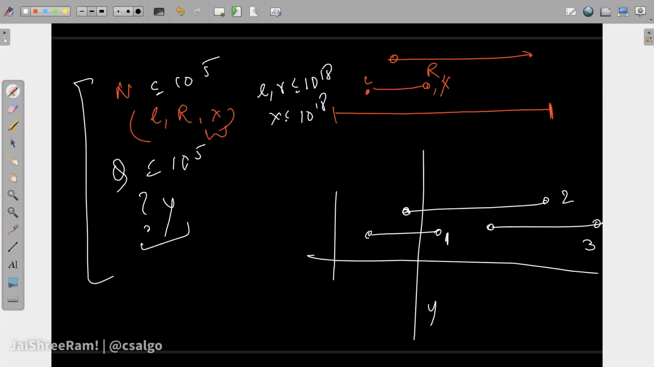X is the value of the segment. So every segment has some value, right? This segment has value 1. This segment has value 2. So this segment can have value 9. This segment can have value 11. This segment can have value 13. Make sense? So let's say if I query at this point,